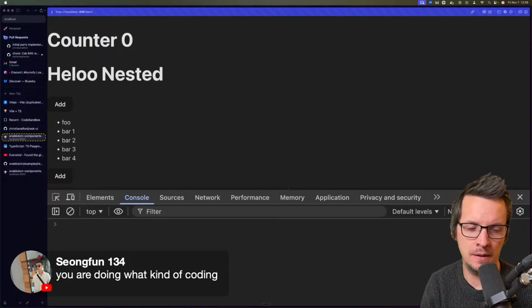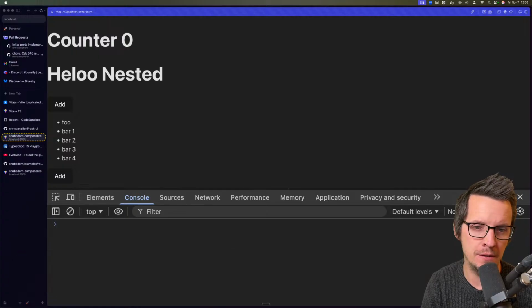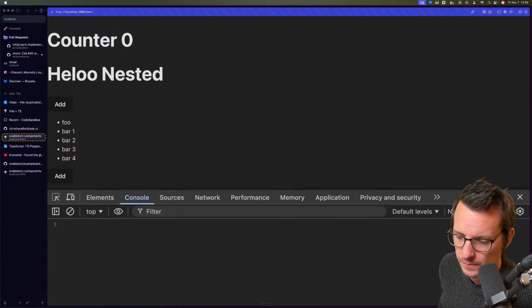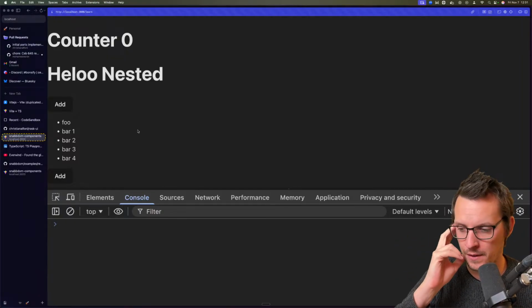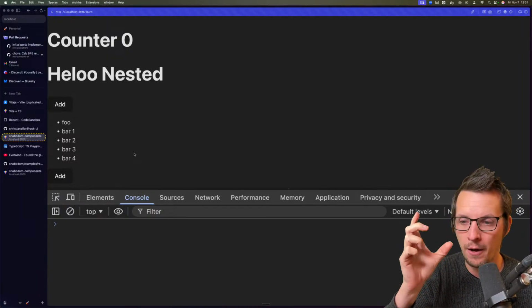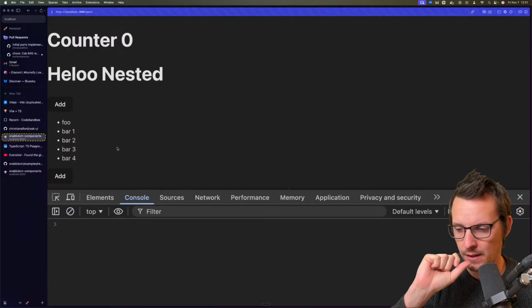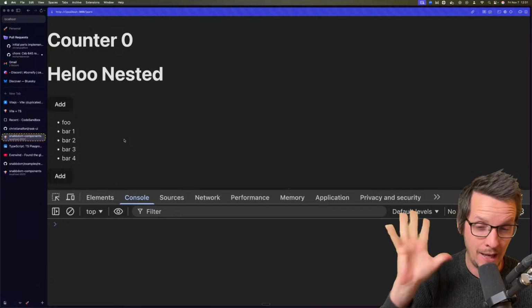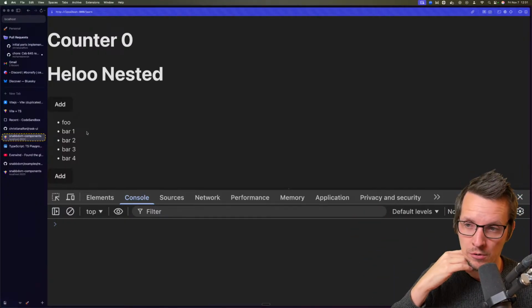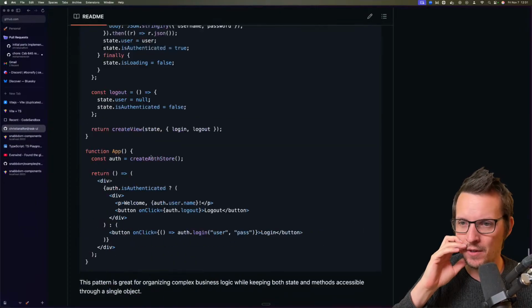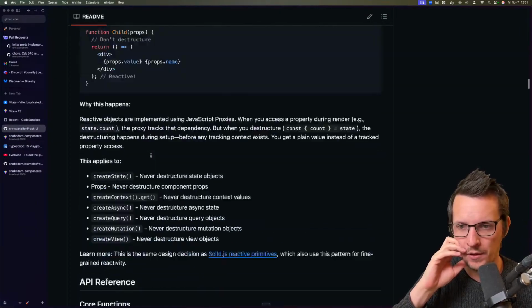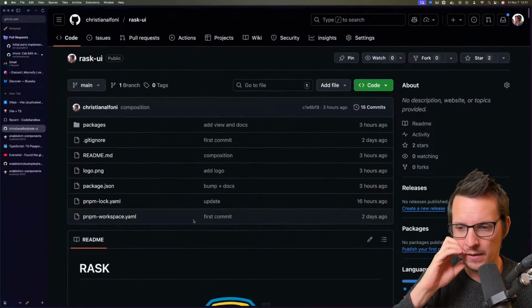Yes, I've been working on state management and UIs for a long time. Not really UIs in the sense of styling and stuff like that, but how that intersection between state and UI can happen and what I think should happen. And I've many times tried to build my own UI library without